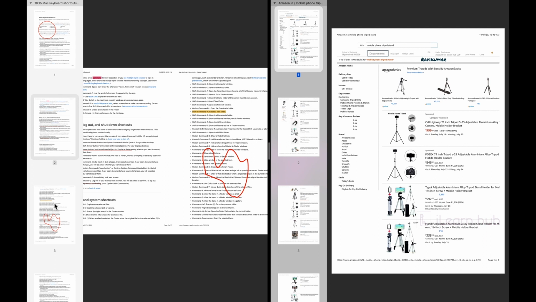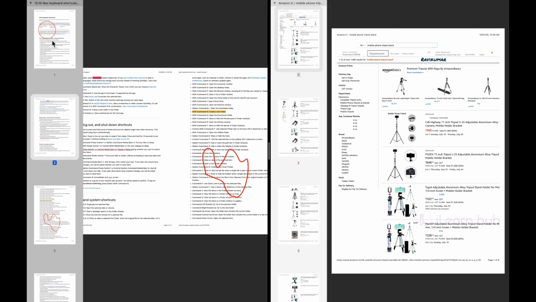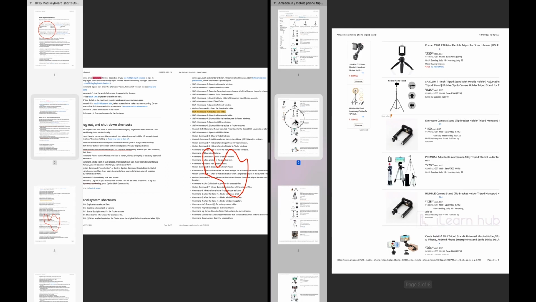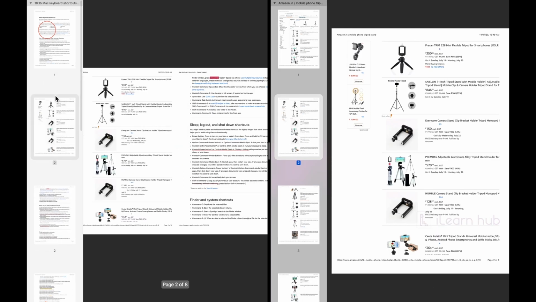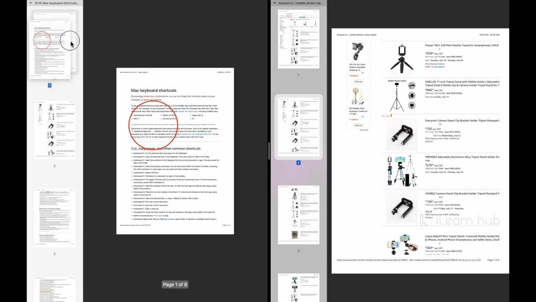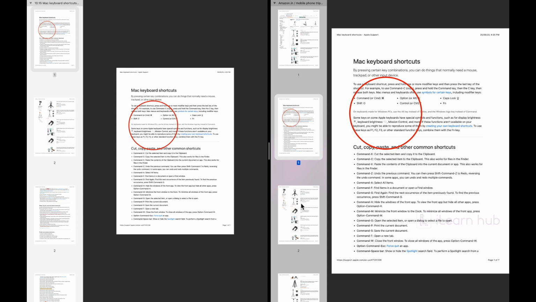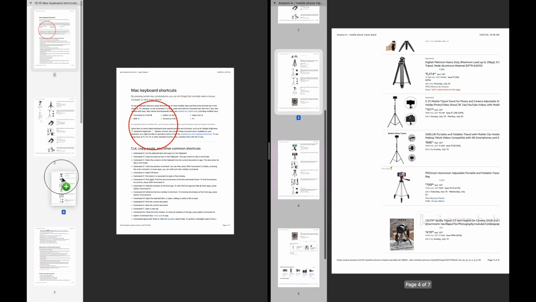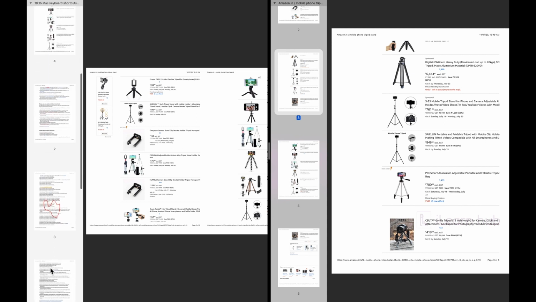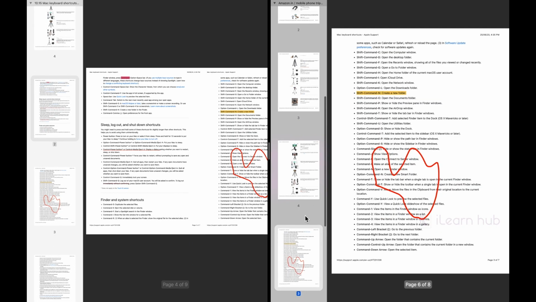Here, once you have thumbnails with you like this, if you want to edit, see, normally in Windows, if you open a PDF file with Adobe Acrobat Reader or something, you can only read, but you can't edit the pages. So let me show you here. I want to add this space somewhere here. Just drag it. And I want to add from the left hand side PDF to the right hand side PDF, you can just drag it like this. So all these things are without using any additional tools, with a built-in tool called preview application.